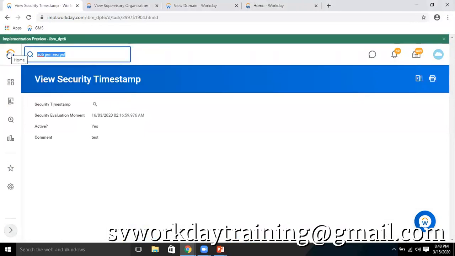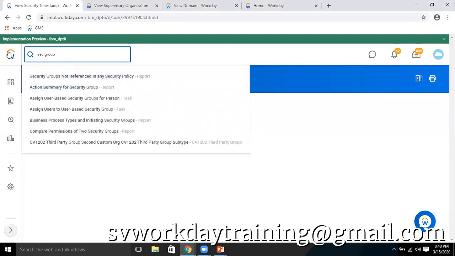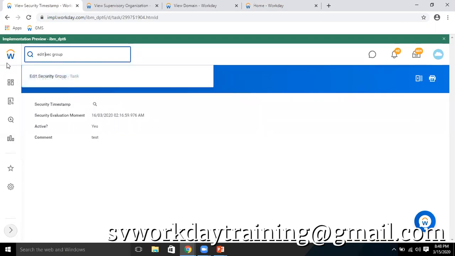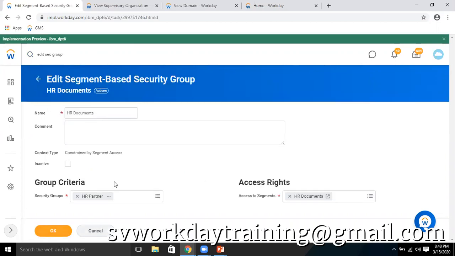Let me remove my segment-based security group. I'm doing reverse engineering. I'm removing the access and seeing whether the security group which I have created is having an impact, or whether HR partners by default have that access. So let me do that. Let's say edit security group. So HR document. Okay, this is the security group which I have created. Let me remove HR partner and add something else. Let's say